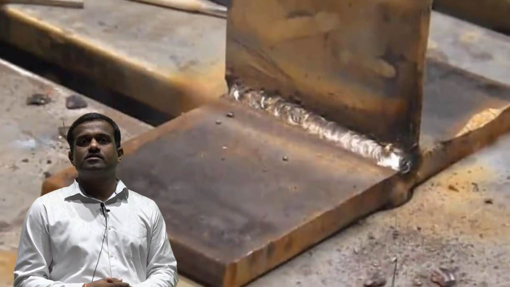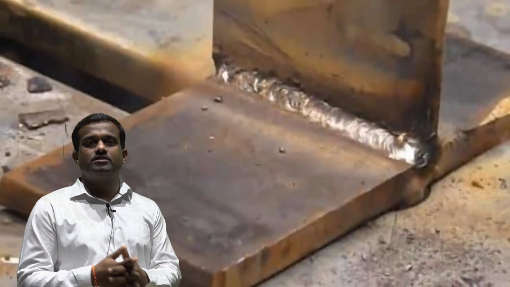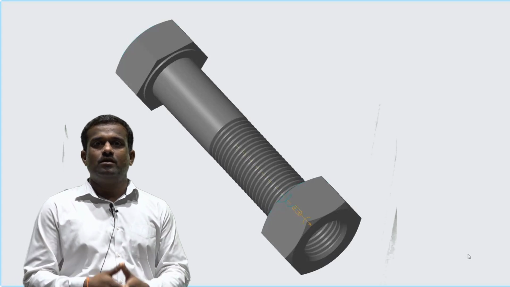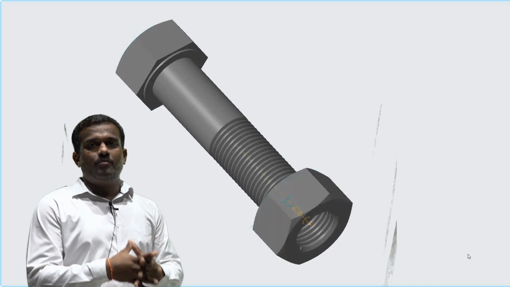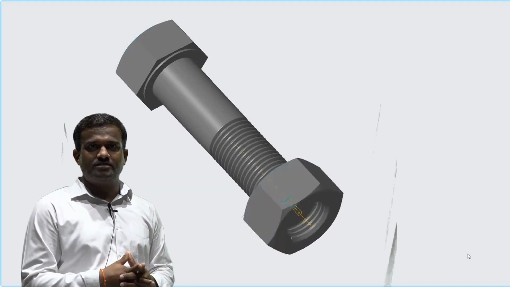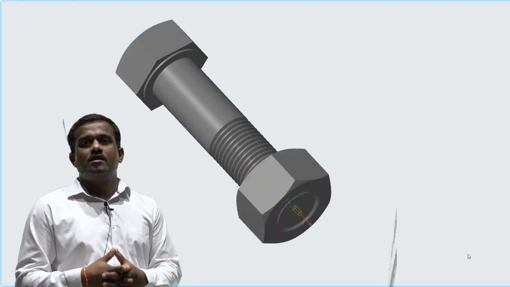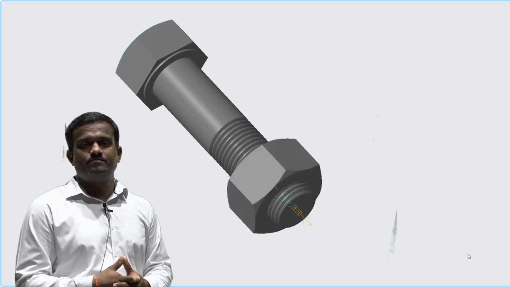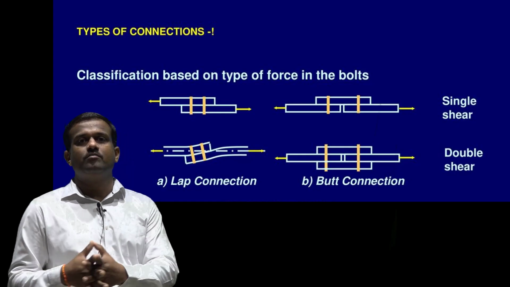Now in steel structures, connections are divided into two types, that is bolted connection and welded connection. Now let us see first the bolted connection. Everybody knows about bolts. A bolt may be defined as a metal pin with a head at one end and a shank threaded at the other end to receive the nut. Bolts are used to connect metal pieces by inserting them through holes and tightening the nut on the other side. Now again, bolted joints have two types, that is lap joint and butt joint.